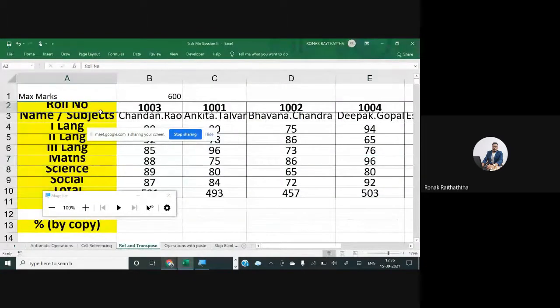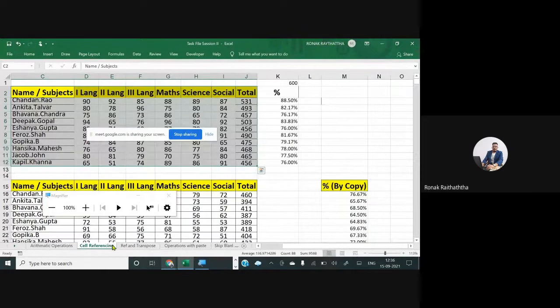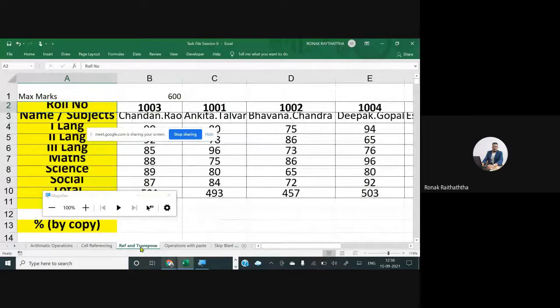Okay. So friend, the difference between these two is quite simple. Say here, the columns have become rows and rows have become columns in the next one. Check it out. It's the same table, same students, same marks, with the same total and same percentage, my friend, but just the presentation has become slightly different.